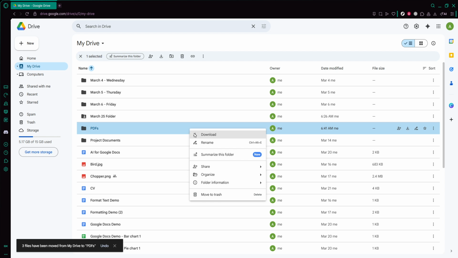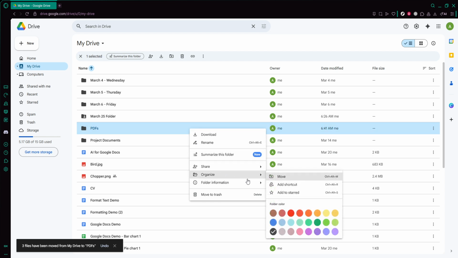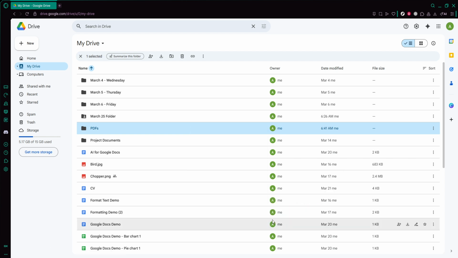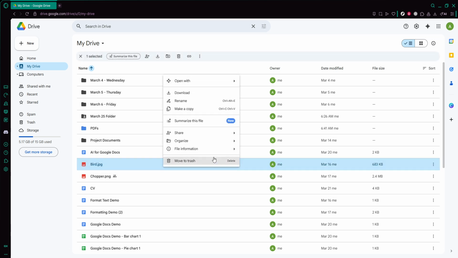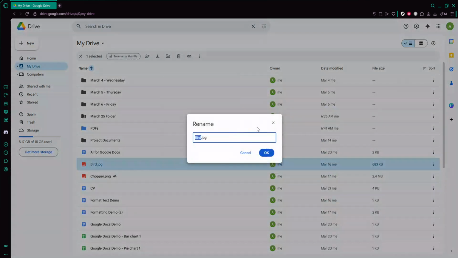Next, go through your key files and rename them clearly. Instead of vague names like Document 1 or New File, use descriptive titles that tell you what the file is at a glance. For example, instead of Notes, you might use Biology Lecture Notes Week 3, or instead of Report, try Q2 Sales Report 2025. To rename a file, right-click it, select Rename, and type a clear title. Consistent names make Google Drive's search feature far more powerful, especially if you include dates, project names, or versions in